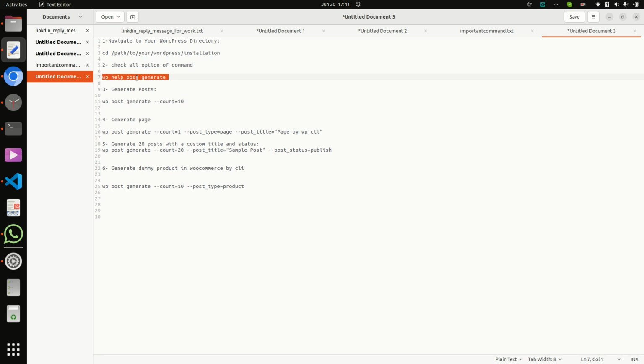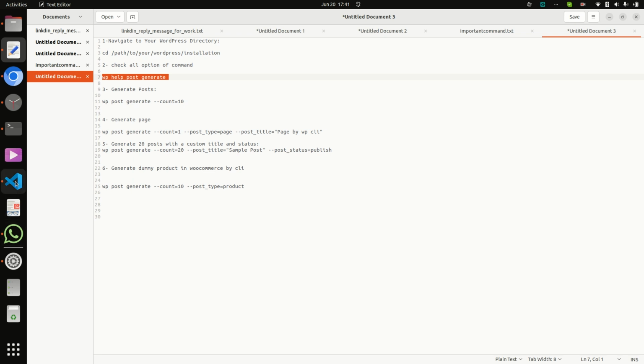In WPCLI, if we write wp help before any command, then it will provide all options available in the CLI.